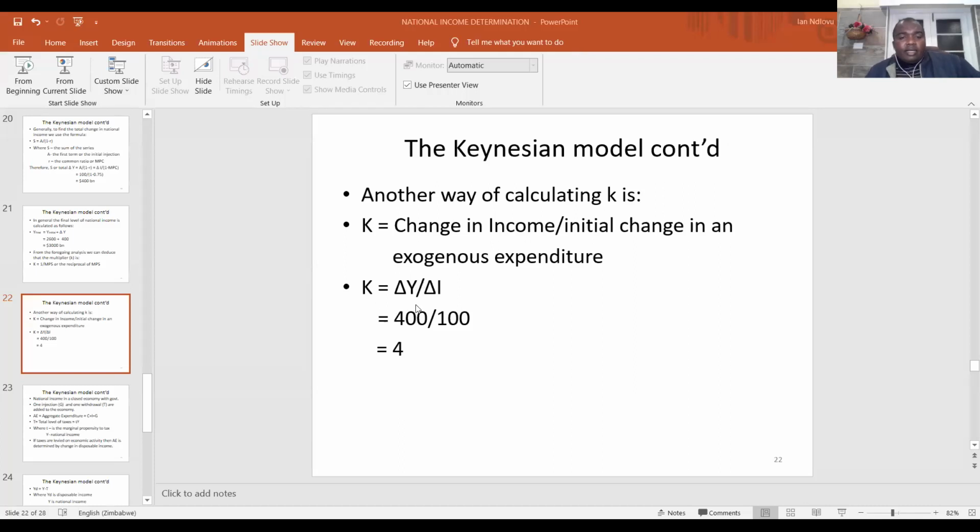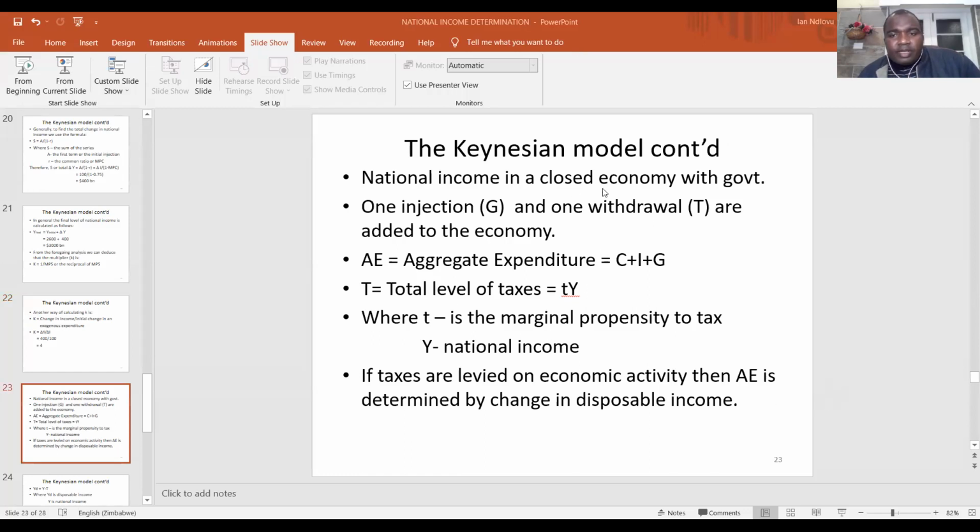So I'll go back to the presentation again to share the screen with you. The multiplier K is simply delta Y over delta I, which is 400 over 100, which gives us 4. So national income in a closed economy with government, we've got one injection G and one withdrawal T,